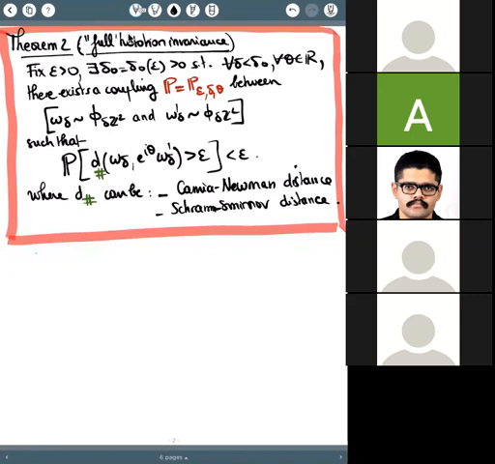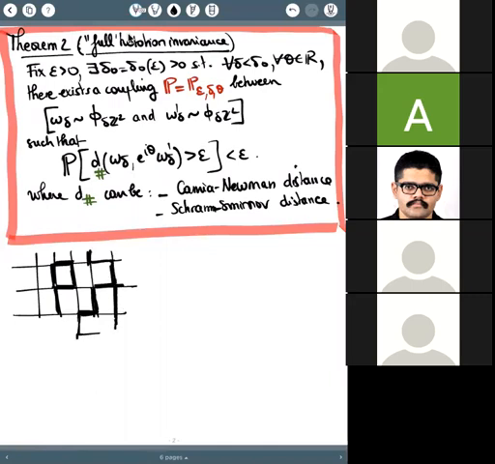So what do I mean by that? Imagine I'm going to make just one drawing first. And imagine that, so this is the square lattice, the big one, by the way. And imagine that I have a Bernoulli percolation picture. Okay, so these are the open edges in a Bernoulli percolation.